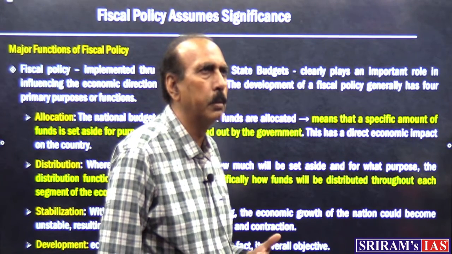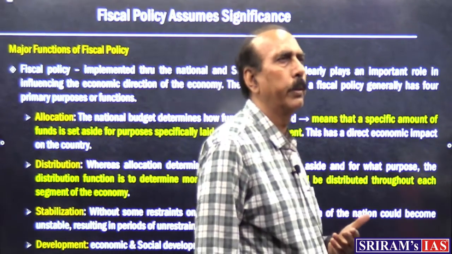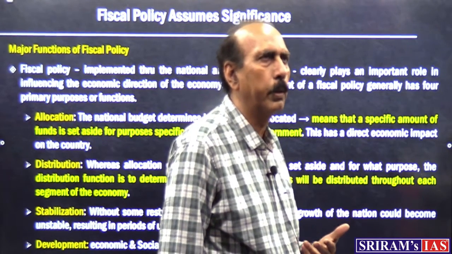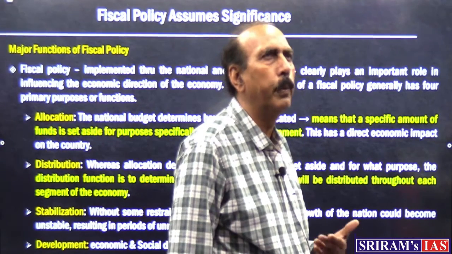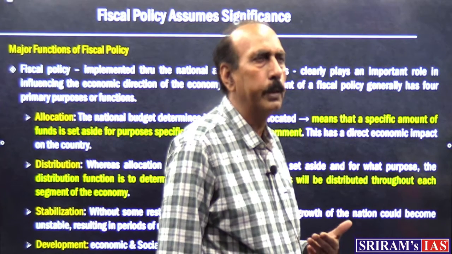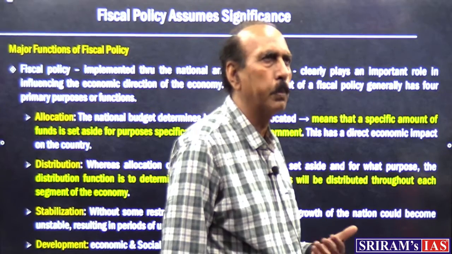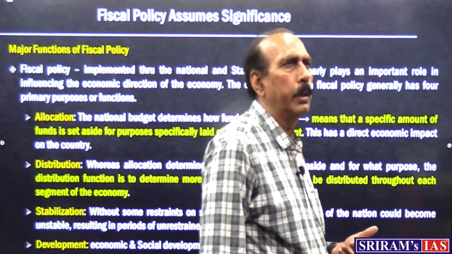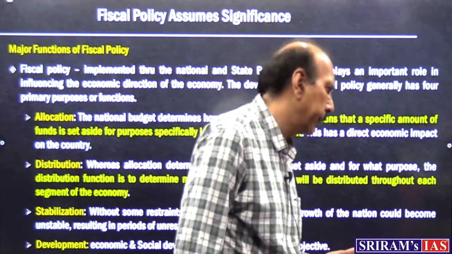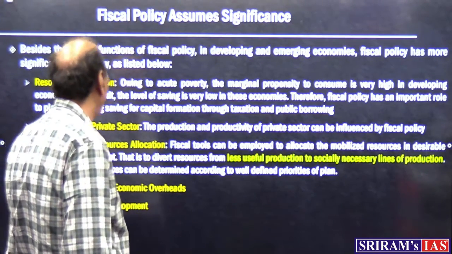And second aspect, the government has to ensure that the allocation of the resources in the budget should always lead to development. And therefore, the stability and development, these are the 2 cornerstones of every country's budget. When budget is presented, they ensure that it leads to economic stability in the country. It also leads to development in the country. But in case of the developing countries,